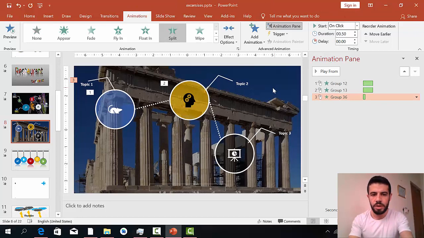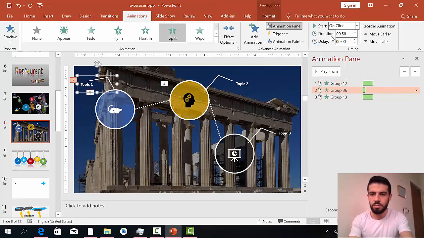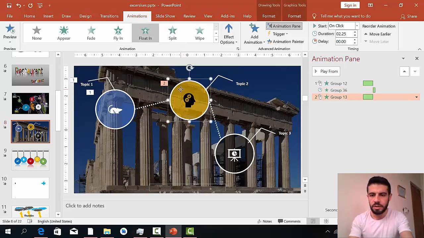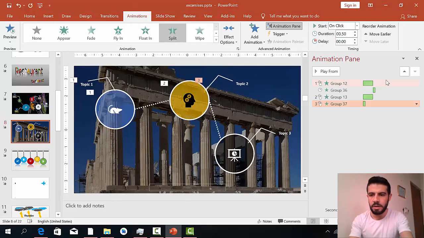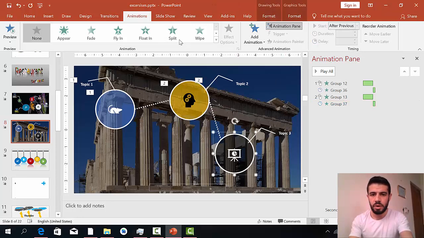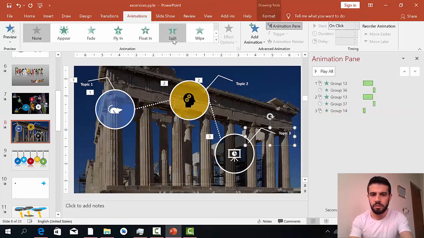So here the first one, and after that we'll create this one separate, second one. So this one will be the second one, should be, not the third one. So I can just click here and add it here. So now this one first, and then we have the second one. This one should be after previous. So after this one finish, start this one, right? Then here start this. After that I need this one. So here same thing, split, and I can make it also after previous. Then I need this one to add split again, and this one same thing but after previous,